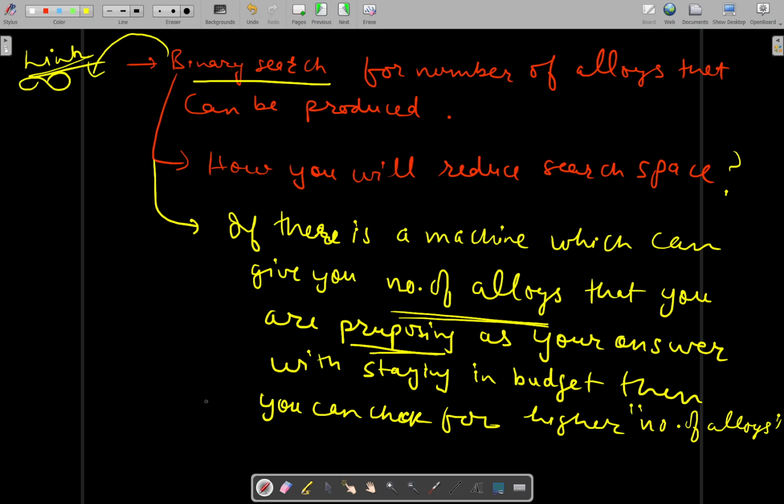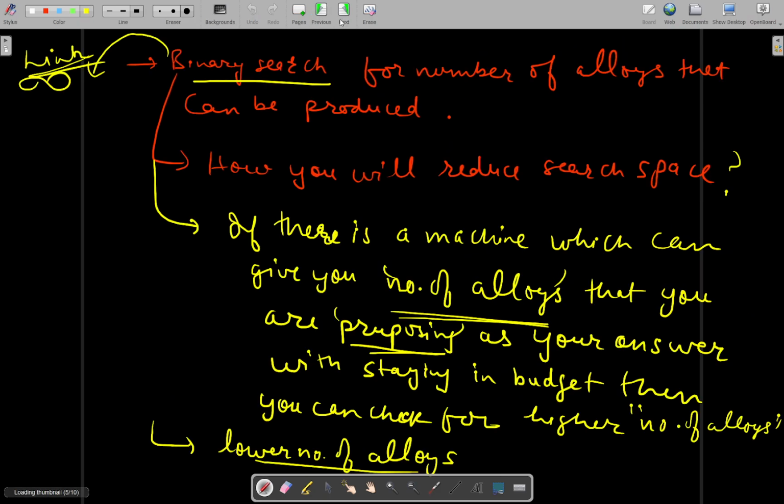And if that's not the case, you will check for lower number of alloys. So according to this particular answer, whether a machine can give you the number of alloys that you are proposing while staying in the budget, according to that you will reduce your search space in binary search,